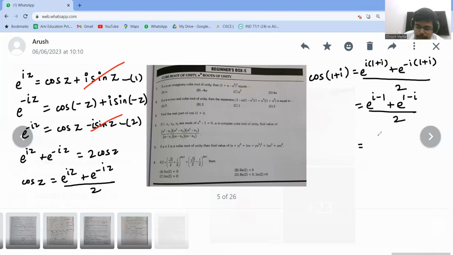See, to solve this we have e raised to i minus 1 and e raised to 1 minus i. We can write this as half of e raised to i into e raised to minus 1, plus e raised to 1 into e raised to minus i, the whole upon 2. So now to solve this further, Arush,